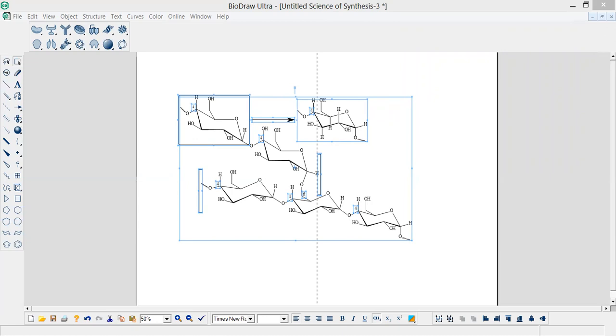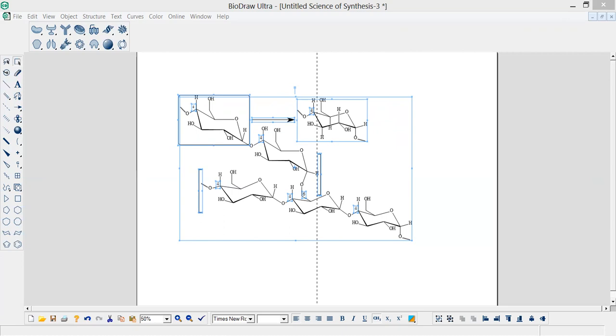Now this is a small structure, the structure of amylose of starch. The polymeric structure of amylose is drawn by using ChemBioDraw software. This is all the polymeric structure with their esterified derivatives. These structures are also drawn in BioDraw software.